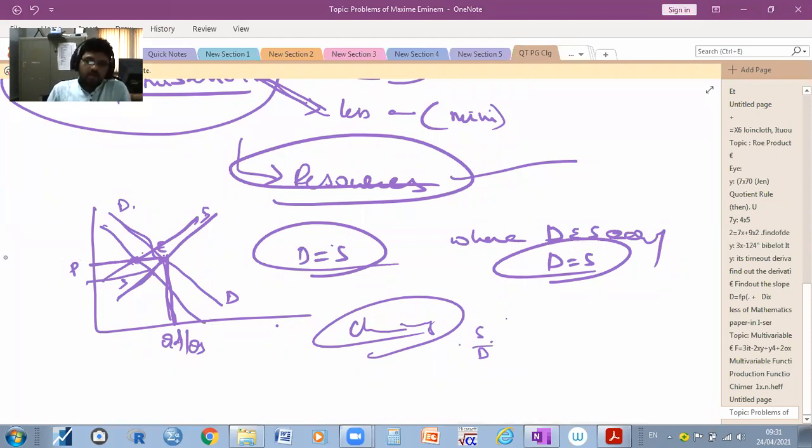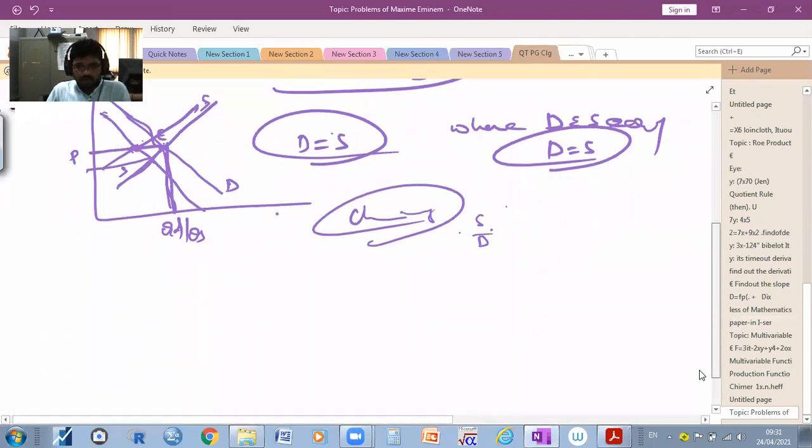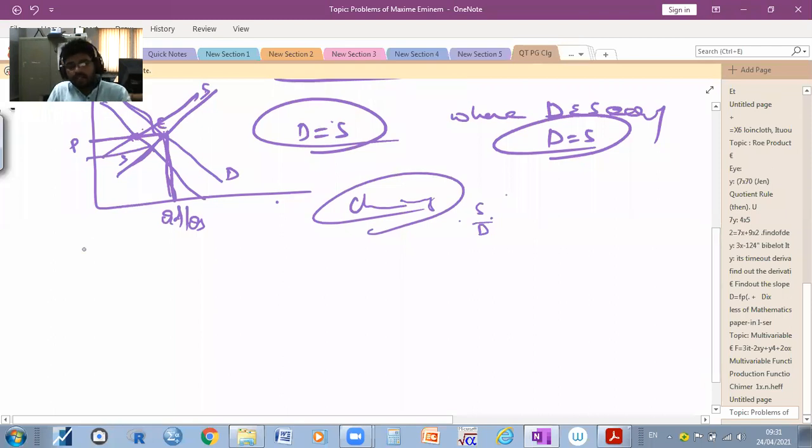So this is not a decision test. It only gives an idea. For example, when we are studying optimization, it will not give a decision, but it is an idea to get where the demand and supply curves can intersect, or where we can get an optimum level, nothing but the maximum level and minimum level.